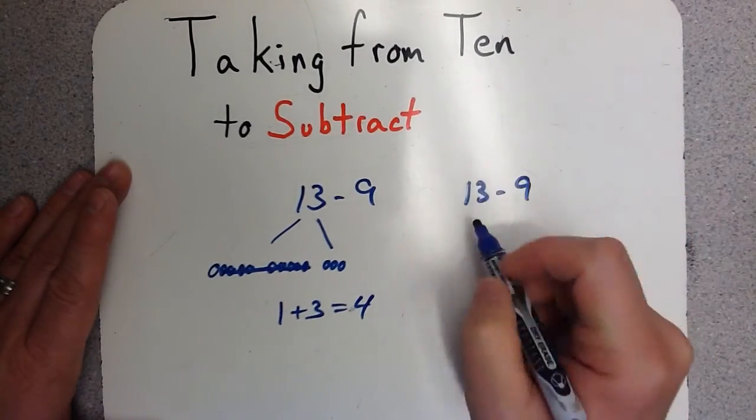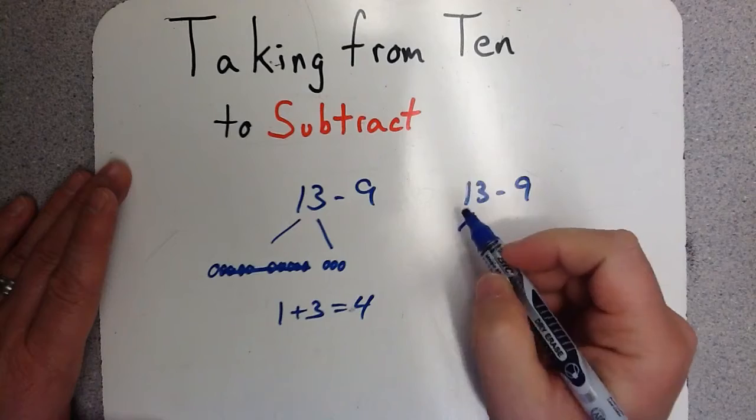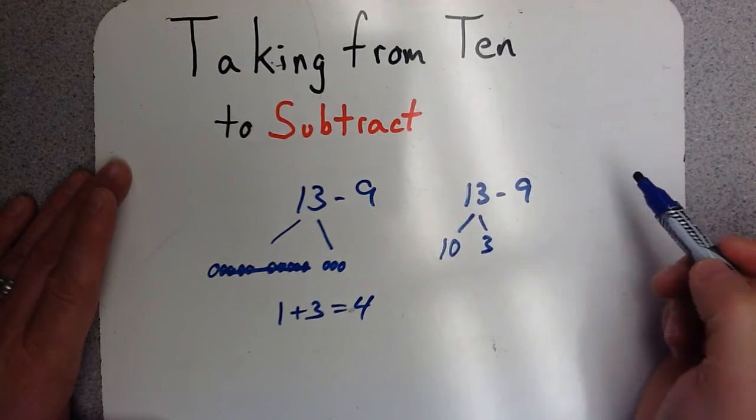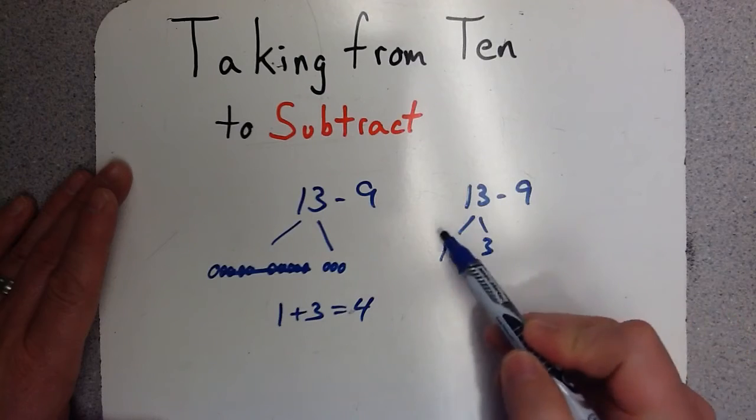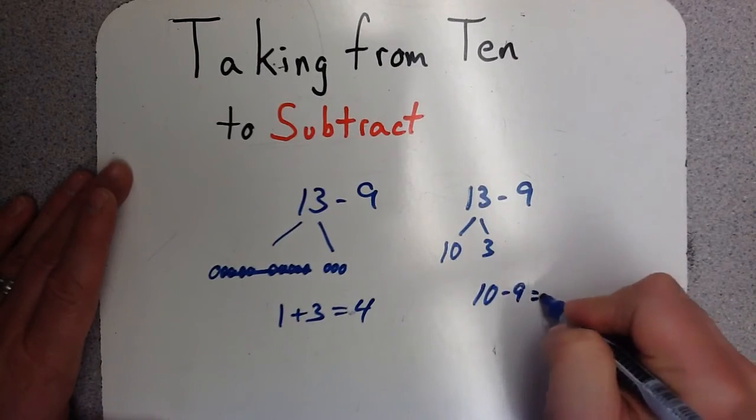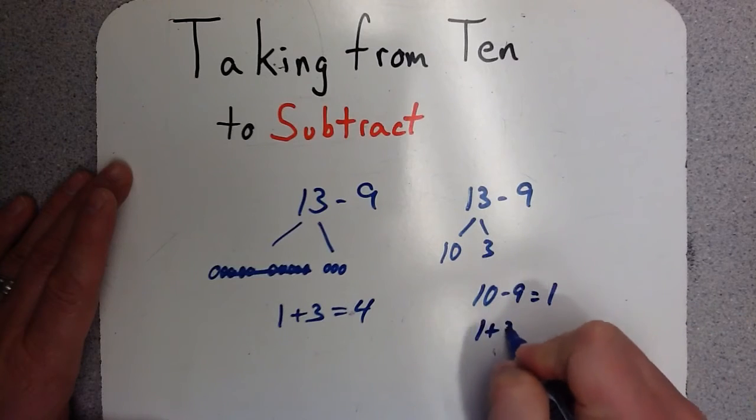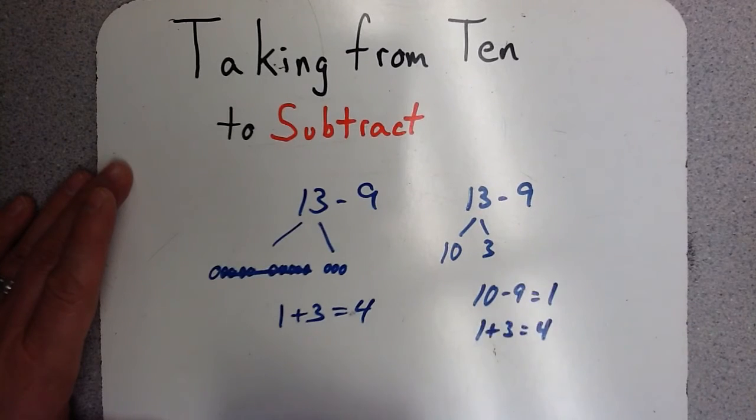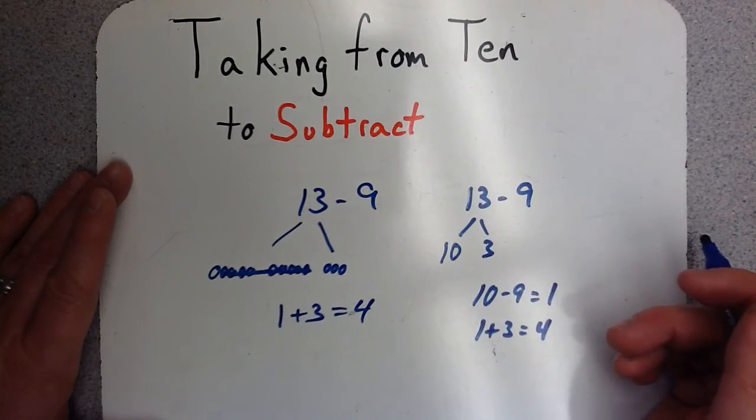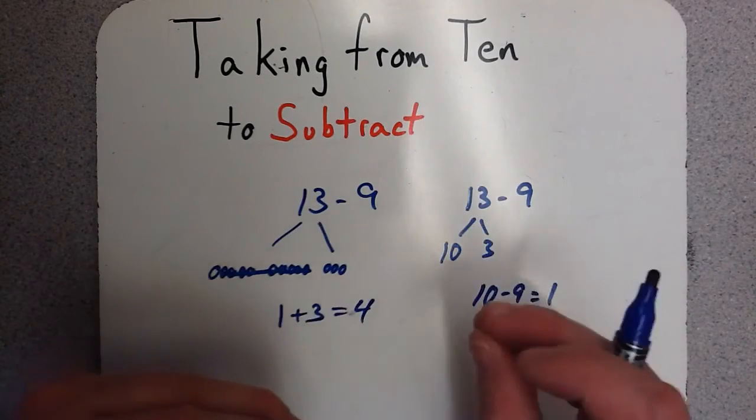13 minus 9. I can break apart my 13 or decompose it to a 10 and 3. So I'm going to do 10 minus 9. 1, and now 1 plus 3 equals 4. Okay. And so this is how you can use that taking from 10 to subtract strategy, especially with those teen